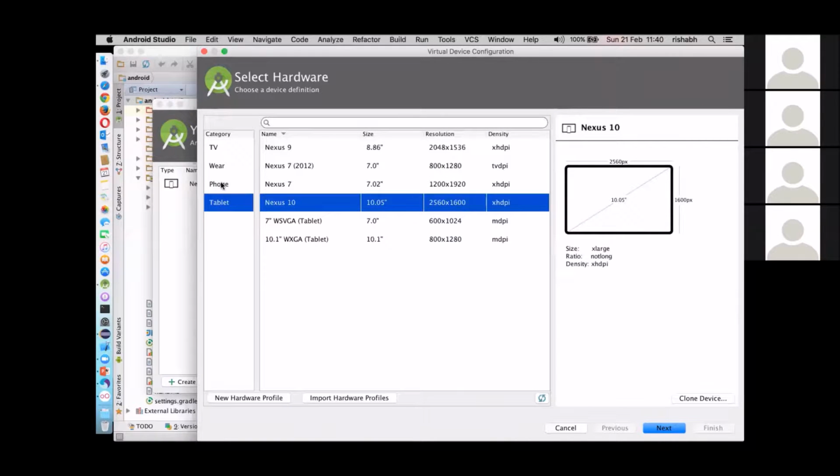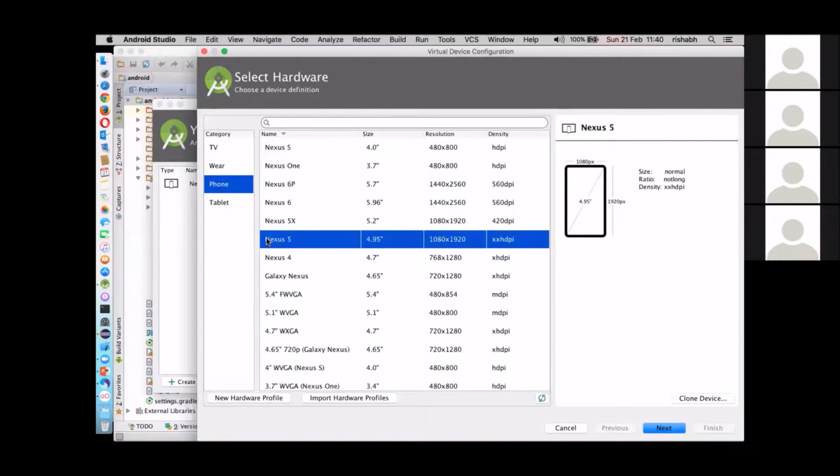Fine. So let's say I want to create a new Nexus 5 configuration. You just click on that, and you will get all the configuration. It has a 4.95-inch screen, 1080 by 1920 resolution, and a density of XXHDPI. HDPI is high density pixels, so XXHDPI is extra extra high density pixels.